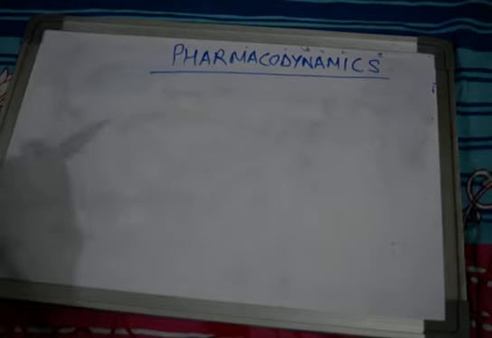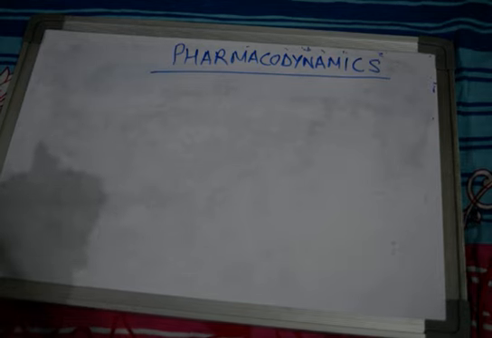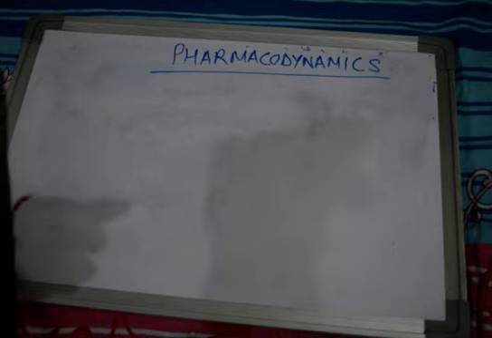Hello friends, we will talk about some pharmacodynamic concepts today, and I will be starting with what are agonists and antagonists. So, giving a brief overview of pharmacodynamics, it is what the drug does to the body. It means the effects which are provided by giving the drug. So starting with this drug,